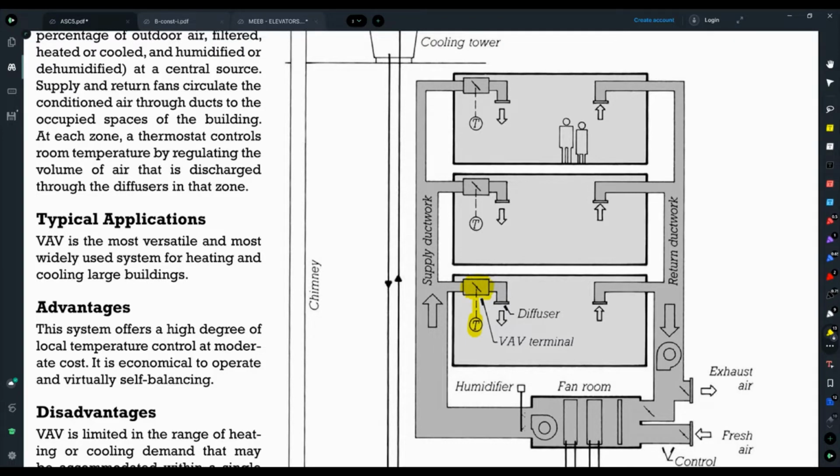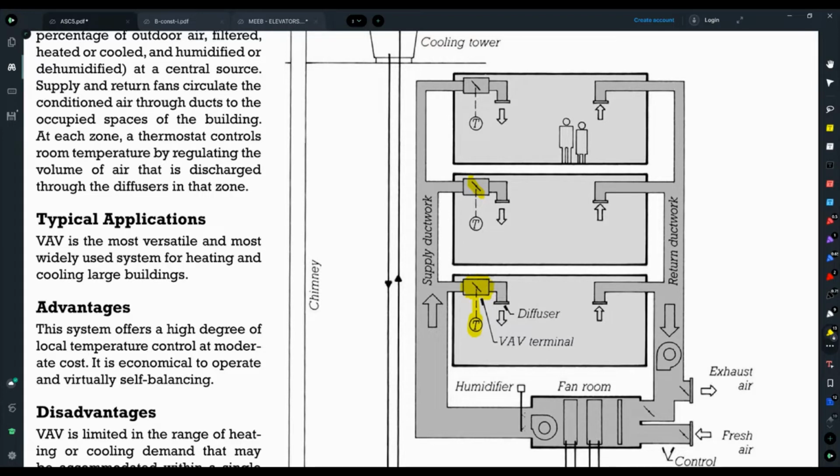So again, the shorthand of this really is that this is the same as CAV, except that a damper, a